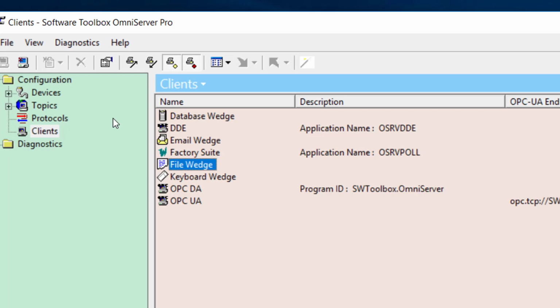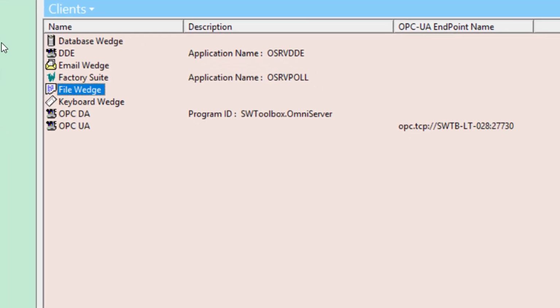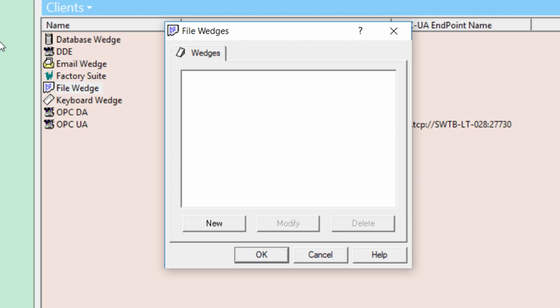Now just a note, if you're not seeing any of the wedges available in your clients section, that would indicate you currently have a license installed other than OmniServer Professional or trial version. The wedges will be available only if you're using the free trial version or if you have a Professional Edition license installed. So next I want to just double click on the File Wedge to open the dialog window to